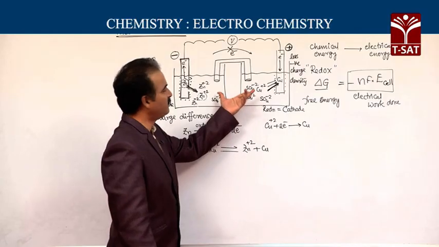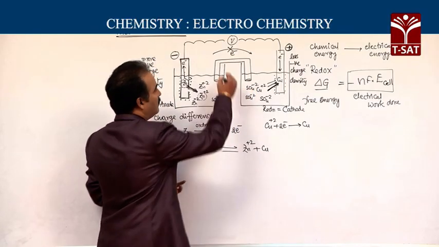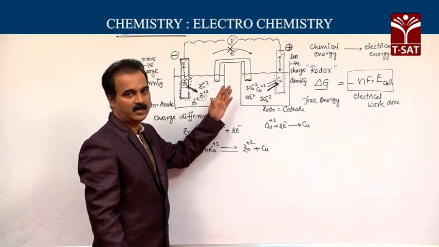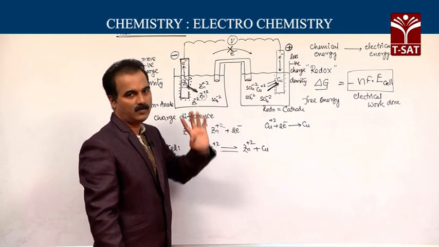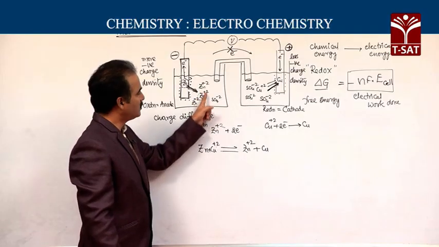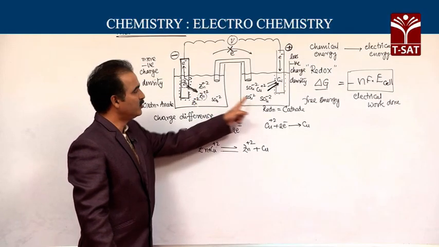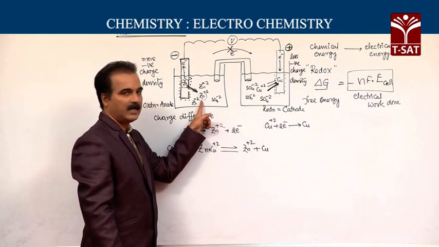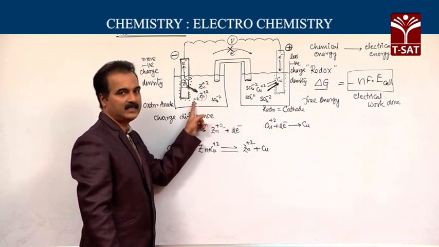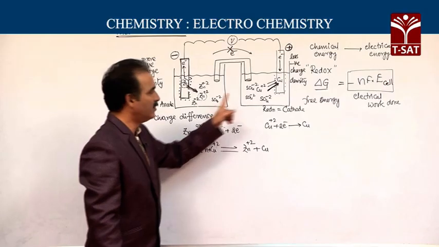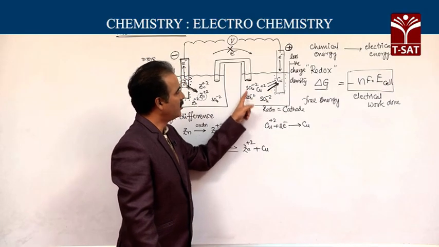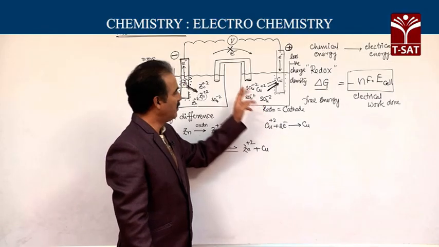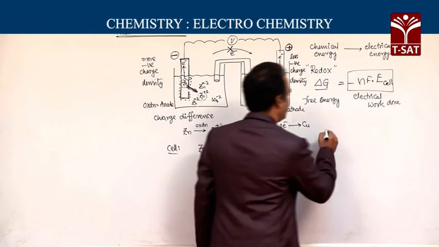So, after some functioning of the cell, the flow of electrons is stopped, meaning the cell stops working, it cannot do any more work. So, this accumulation of charges should be prevented in both the half cells. In the anode half cell accumulation of zinc plus 2 should be prevented. In the cathode half cell accumulation of negatively charged sulfate ions should be prevented, and for that purpose we need